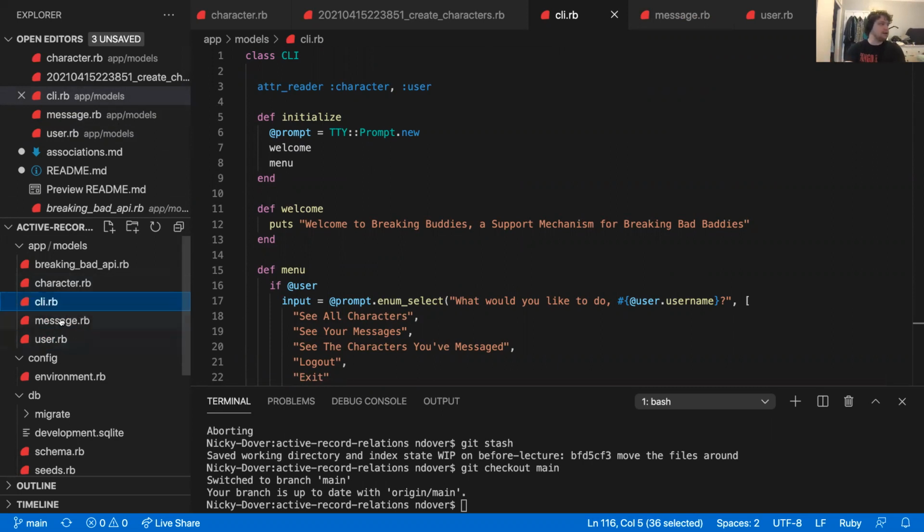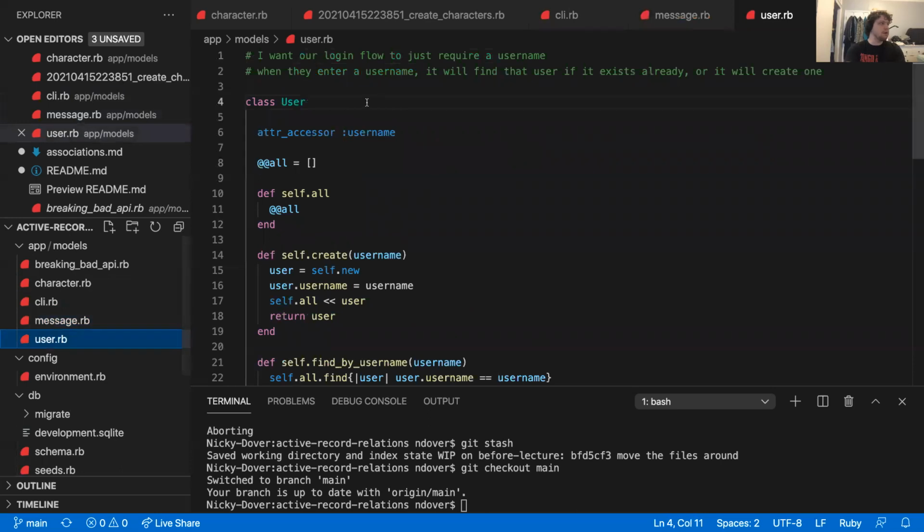So to get started, first thing I'm going to do is we're going to go to our user model. We're going to inherit from active record base. And then in our migrations, we're going to do